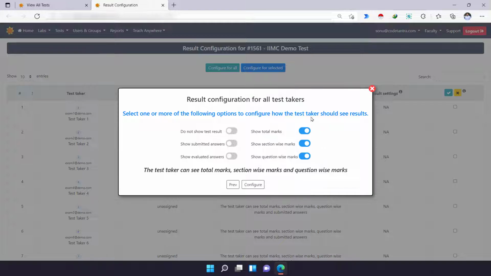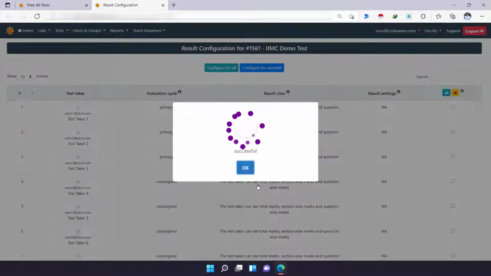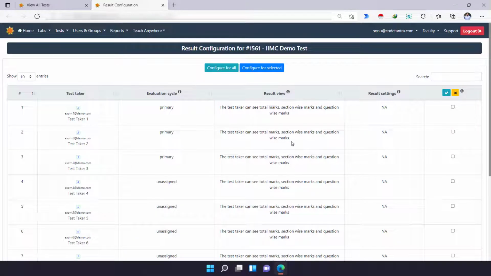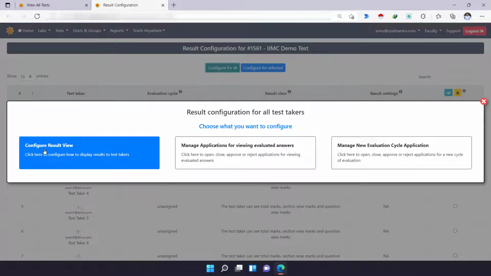So if I select only these three options and configure, the system will remember only these three options, not the previous option where I selected this also. Let me configure, and you can see the remarks have changed. Now it is not showing that the student can see the submitted answer scripts. So this is about configuring the result.